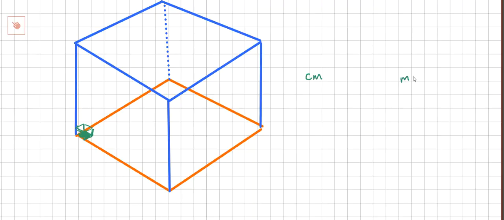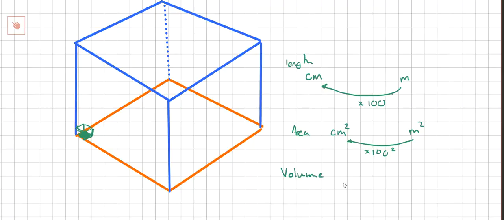Centimeters and meters are related by, if you want to know how many centimeters in a meter, you multiply by 100. So that's length. If you want to go to area, which is what we taught, so centimeters squared to meters squared, you multiply by 100 squared. So in volume, in three dimensions, if I want to know centimeter,